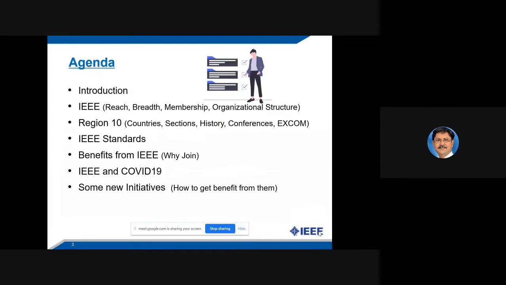So I will be talking through this agenda. I'll give a brief introduction because I have already been introduced, and then I will talk about IEEE REACH, and what is the technical depth, what is the membership all about, and about the organizational structure of IEEE. Then I'll talk to you about Region 10, to which we belong, and then a very important aspect of IEEE, that is IEEE standards, I will be discussing, and then what are the benefits of IEEE, why we should join IEEE,